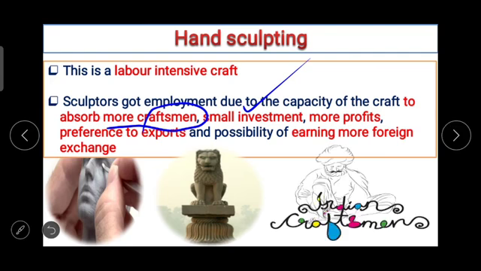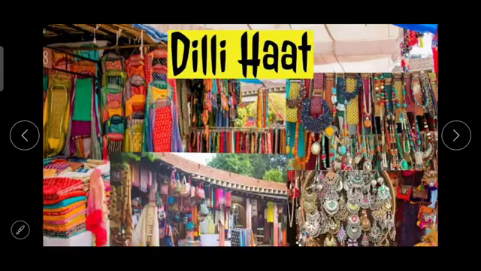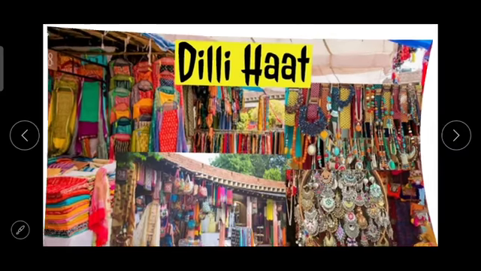areas to get a market for their wares. Here on the screen you can see. Here in this market you can get each and everything related with the hand sculpting, and such type of markets are there everywhere in our country, and nowadays people are visiting such places. Next point,